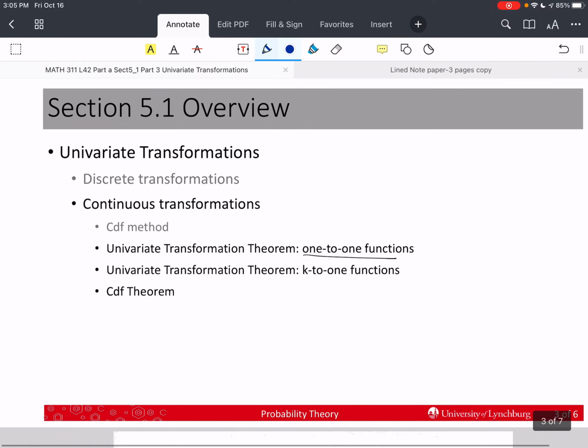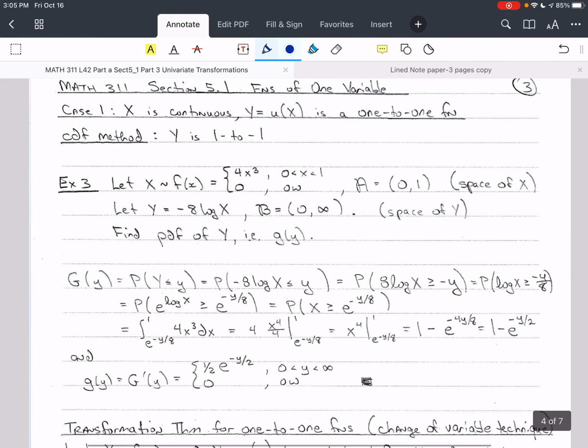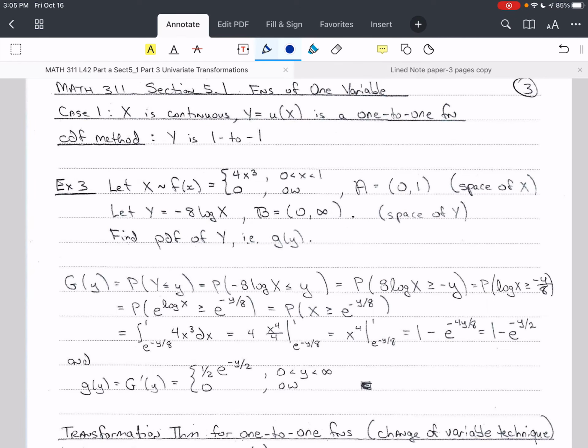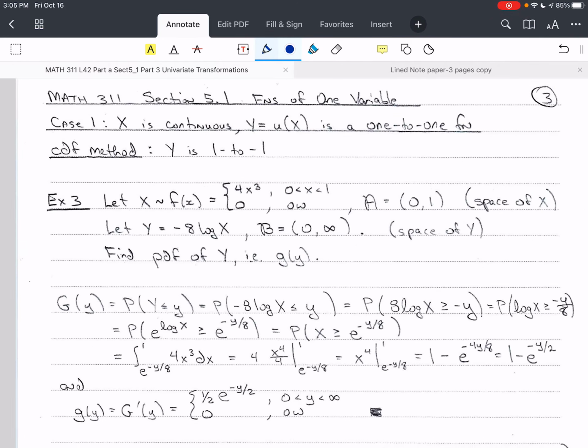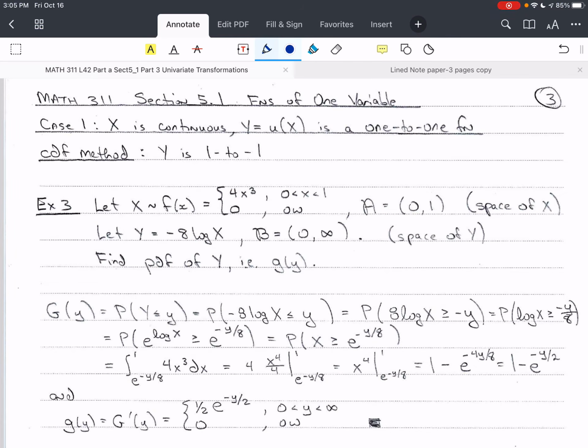So in this video, we're going to talk about the univariate transformation theorem. And this particular theorem is for one-to-one functions. So a one-to-one inverse exists. In fact, if it's one-to-one, we know that an inverse exists. If it's many-to-one, there may not be an inverse function. Okay, so the first case that we're looking at is when X is continuous, we have a function on X which gives us Y, and so